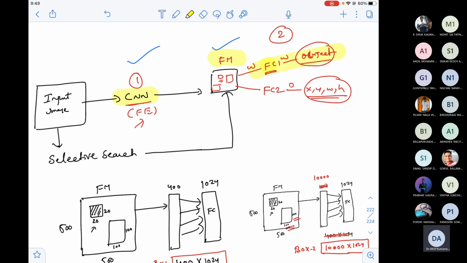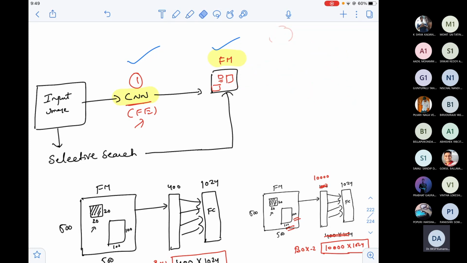I have given the first sized box, which is very small. When I flatten this, assume that I have 25 neurons, because I have to flatten it, right? My first FC1, one of my fully connected layers, has 1024. How many connections are there between these two? 25 cross 1024.